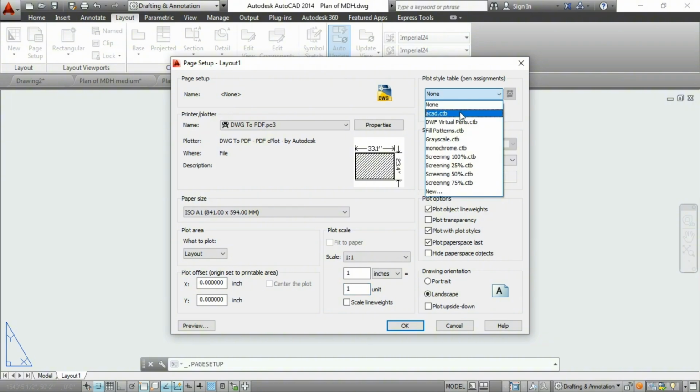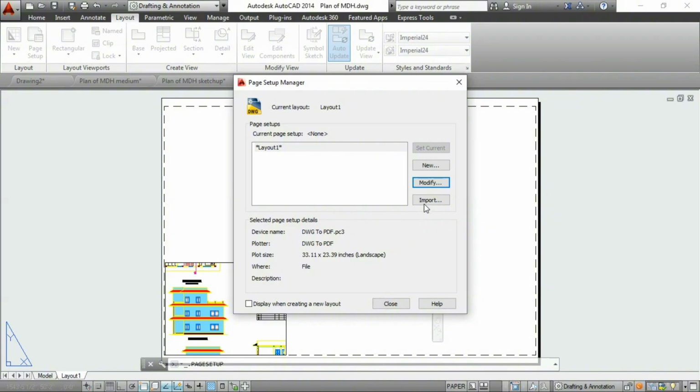I want a colorful drawing, so I'll select ACAD. If you want black and white, then you can select monochrome. Then click on OK and close. Okay,